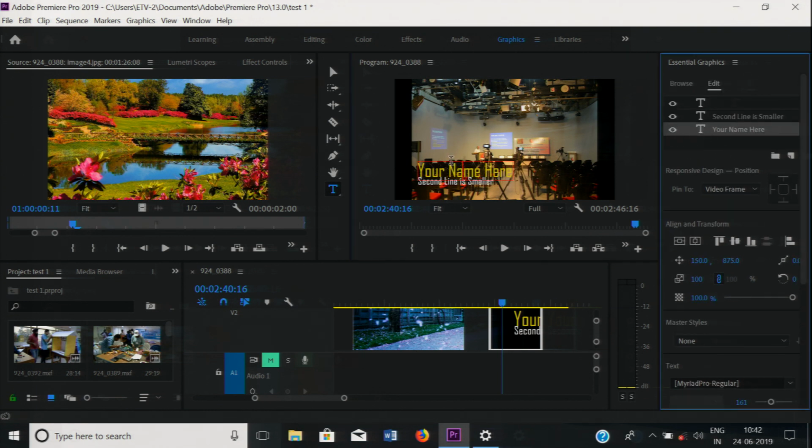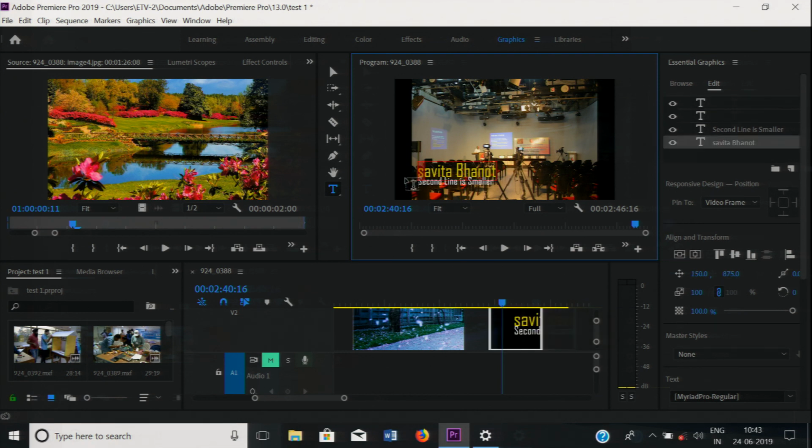So I am just changing it. You can see at the right hand side there are a number of layers for each line, for each text there are a number of layers.